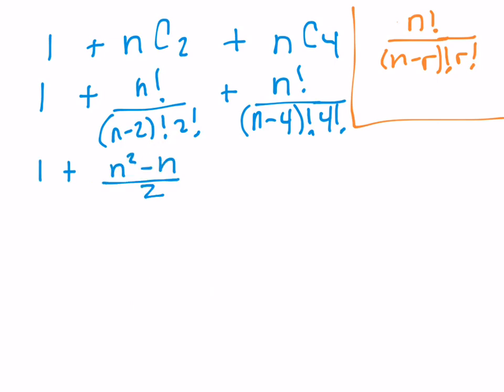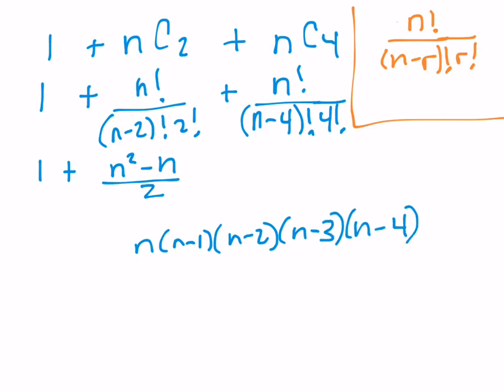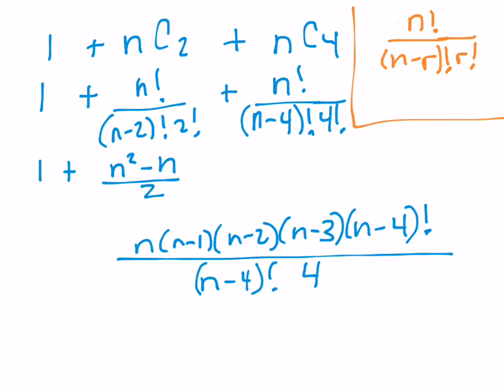And then let's do the same thing for n choose 4. So here we would have in the numerator n times n minus 1, n minus 2, n minus 3, n minus 4, and it keeps going, so I'm going to just write factorial. So that would go down to n minus 5, n minus 6, all the way down to 1. And then the denominator also has n minus 4 factorial, and then 4 factorial. Okay. So everything from n minus 4 down to 1, all of those factors cancel, and then this leaves us